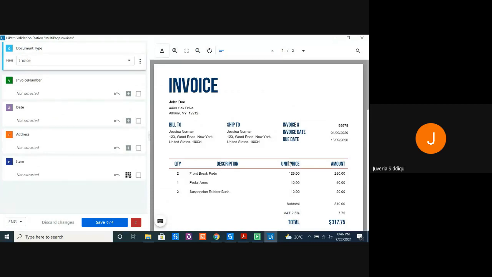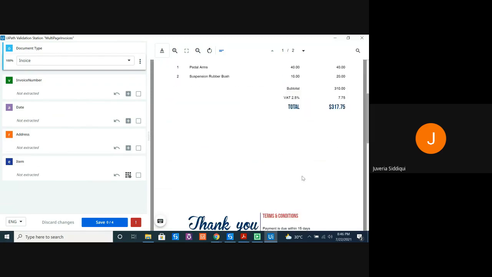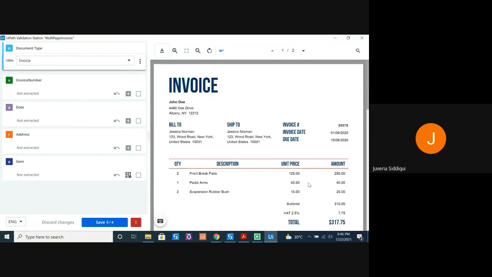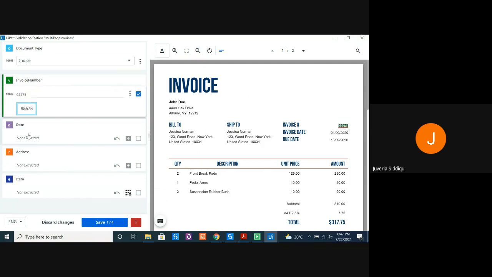Now, when it comes to validation, it clearly tells me that from this document, nothing has been extracted. So let's start. Usually when you present the validation station, this will happen. So you don't have to worry about it. So let's start. And there's where the training comes into picture.